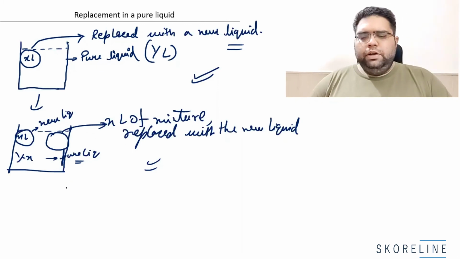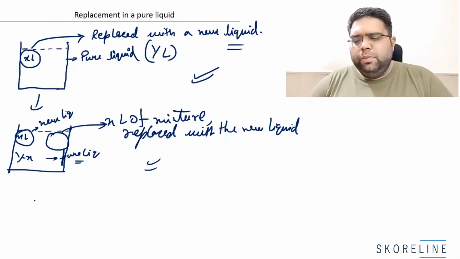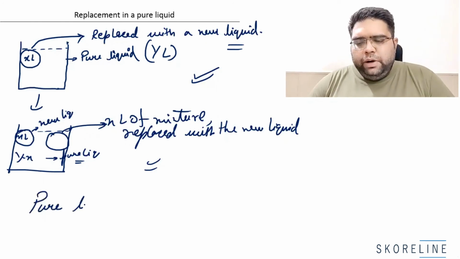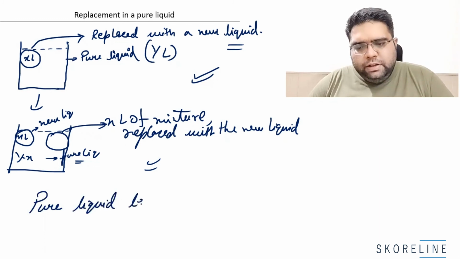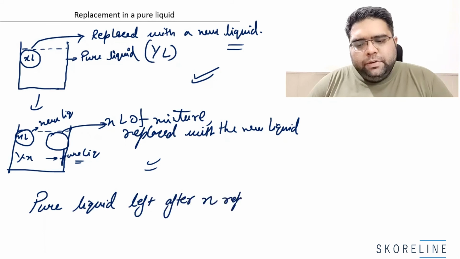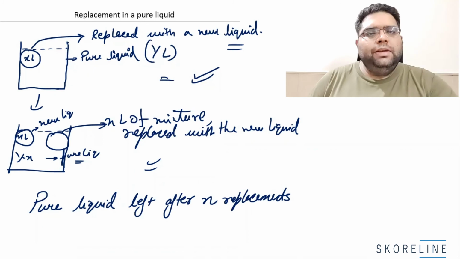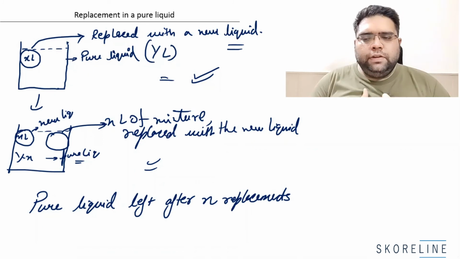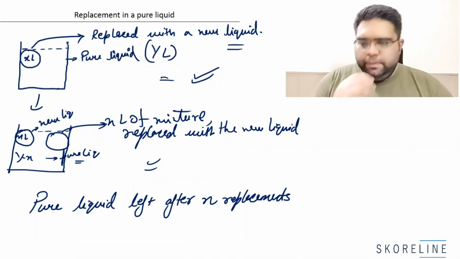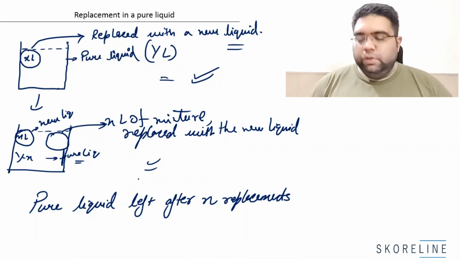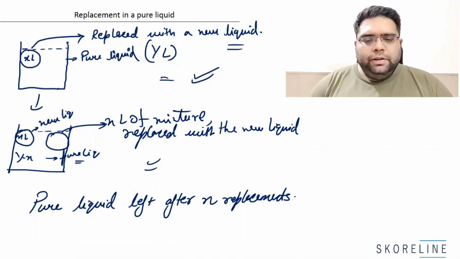So what is that formula? It's a very simple formula for the pure liquid left in the container after n replacements. N replacements means this process has been repeated n times. For example, this was done first and then 2 more times, so the process has gone on for 3 times. The formula for the pure liquid left after n replacements is y